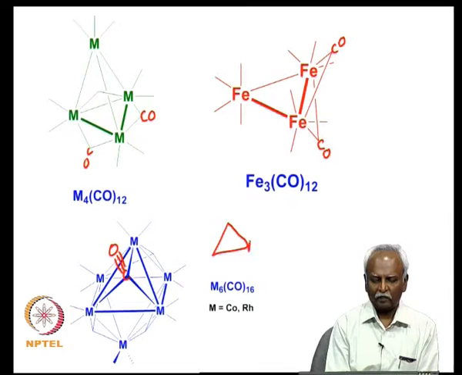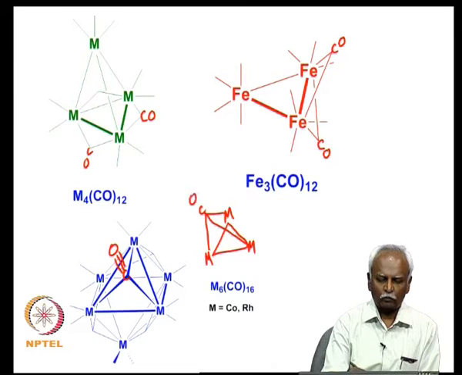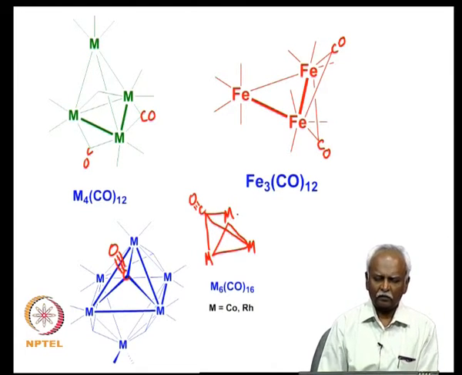So, you have three metal atoms, and a trigonal face is capped by a carbon monoxide unit. So, this is a triply bridging carbon monoxide, which you find in this particular unit right here,